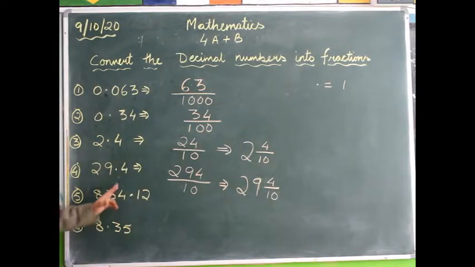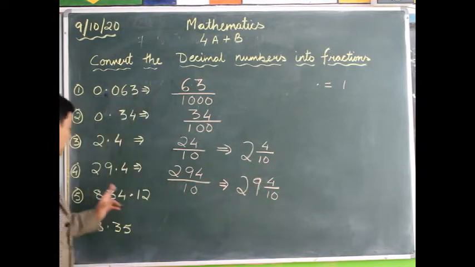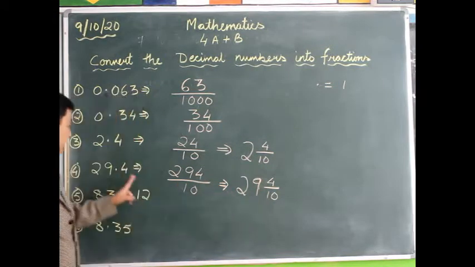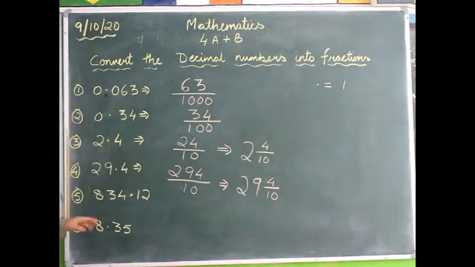So even if you read this, it is 4 tenths. So we have written 4 tenths. 29 is the whole number, and 4 tenths. Okay? Again now, we've got